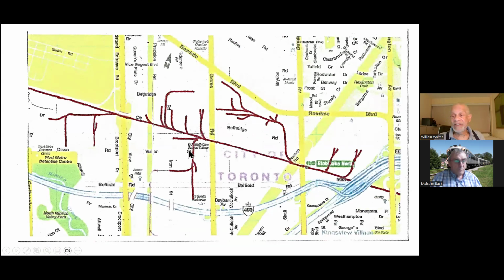In 1999, when I first moved to Toronto, when I first started a layout in Toronto, I designed an N-scale layout, and I had no idea of prototype. In fact, I'm not even sure I knew the word prototype with respect to railway modeling. I just wanted to make a good N-scale industrial switching layout, which I did. I laid the track. However, one night when I traced the tracks of the industries that were in the area,